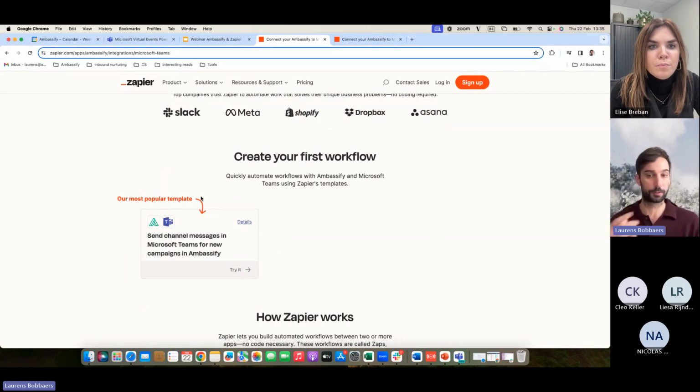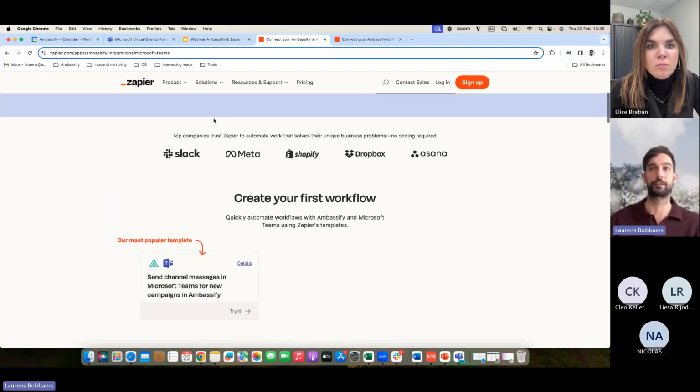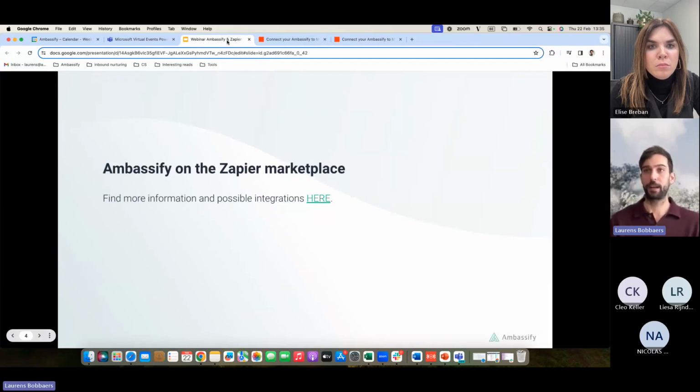We can build multiple templates also depending on the needs. But you can see here, there's already a first template about sending a channel message in Microsoft Teams. And this is the example that we will also give you later on in the session to make it very, very tangible to you. So going back here,